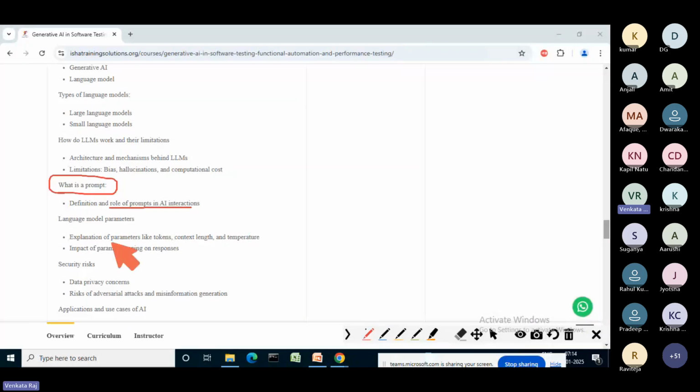Then the parameters for the language model. So what are the different parameters like tokens, context length, temperature? And how can we tune these parameters to vary the response? The response will basically depend on the input, right? The output depends on the input. So how are we going to be able to vary or tune the response based on the different